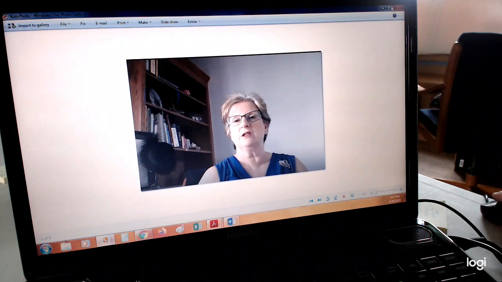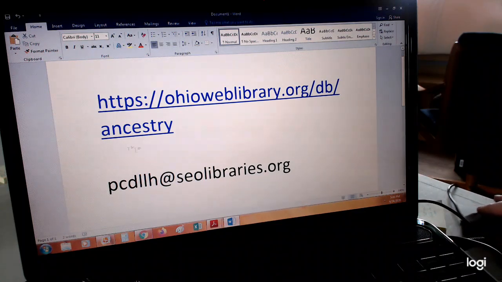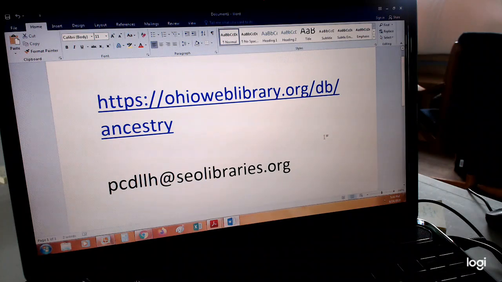Let's get started. First of all, we have to go to the URL, which is this one right here in blue. If you go to this URL, this is how you will access Ancestry Library from home. It is accessible from today through May 30th. If this is extended, I will edit the post to reflect that. But for now, I know for sure that it will be available through the end of May.